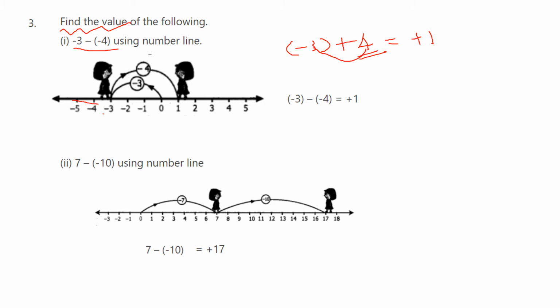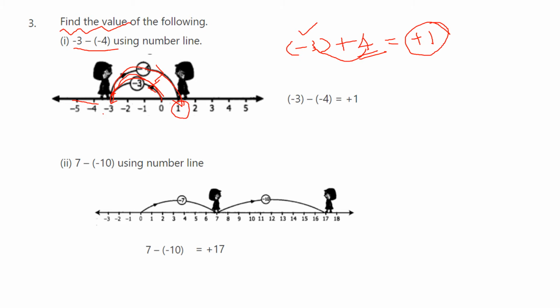First you write this one. After that you draw the number line, and the first number is minus 3, so 0 to minus 3. Always you start with 0 to minus 3 and see our answer 1. So this is the left hand side. You put the left arrow, and after minus 3 to 1, right arrow, and circle the 1. So our answer is 1.